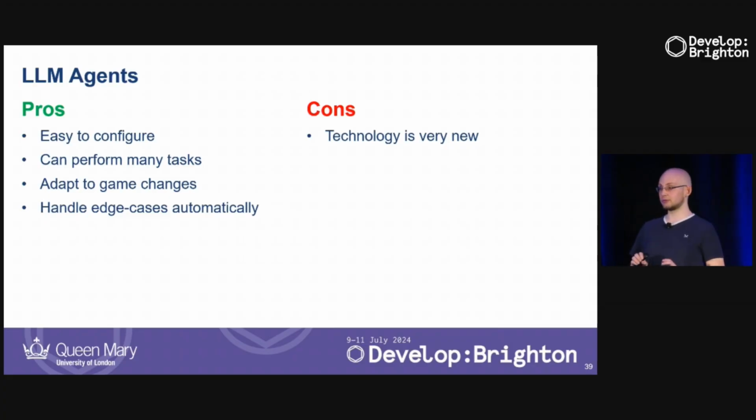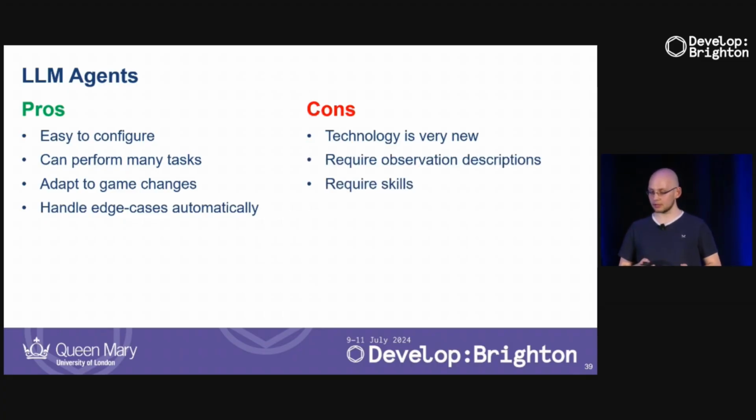Now, this technology is extremely new, and LLMs have a lot of issues. So it's very likely this technology is not ripe enough to actually be used in production yet, which should change in the future. We're going to look at that soon, but that is something to keep in mind. Of course, LLMs still have a lot of issues, and they're still very expensive. Yeah, we require observation descriptions, which are a huge burden. We have to describe the game somehow to the LLM, unless we have multimodal LLMs, but that's, again, very tricky.